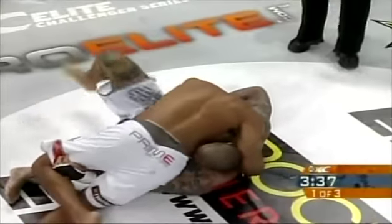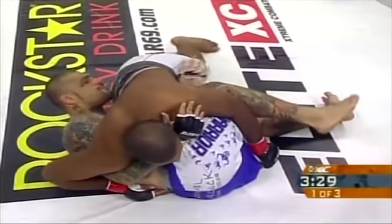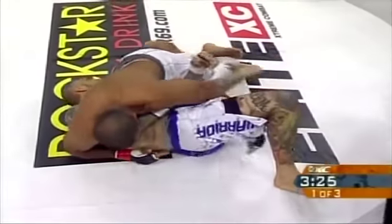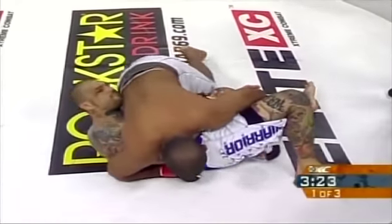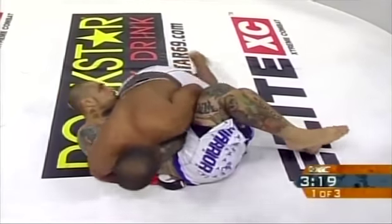Santana. Santana's in a beautiful position to spin all the way around. He could go for a Kimura here. He's got cross-side position, settling things down now. Jara's smart to turn over onto his side. He can better defend and possibly get back up in this position, which he really should try and get to